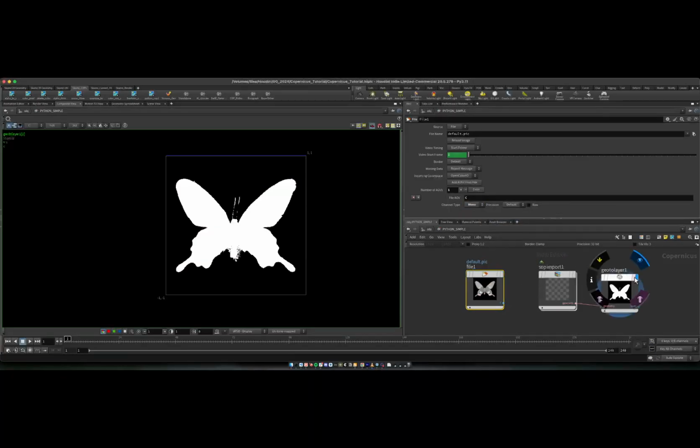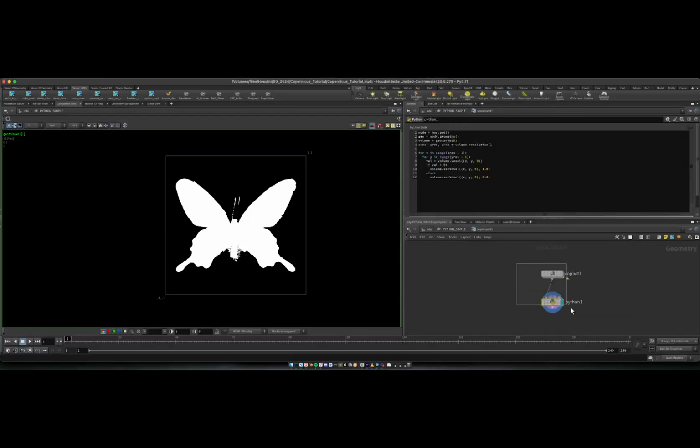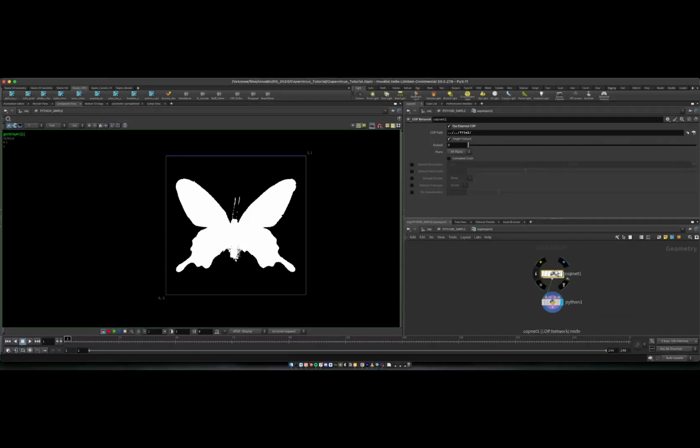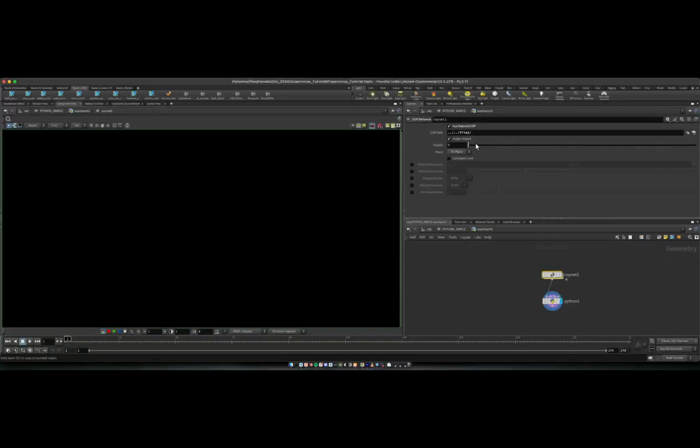So now I have a SOP import, and this is similar to the SOP create in LOPs. If you dive into this, you actually have a SOP net. And in here I have another COP net, but this isn't a real COP net. It's actually empty, and it just references that butterfly input here, checking the use internal cop input, and then you type in that path. So now if I visualize this, let's go to the scene view,